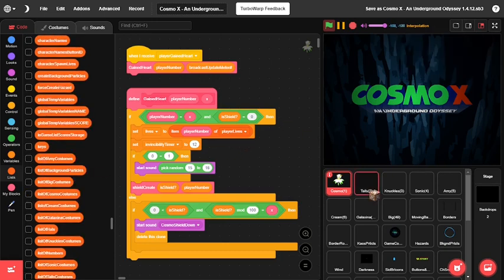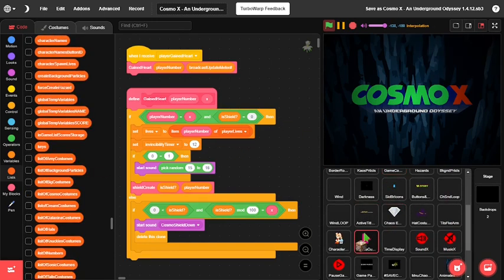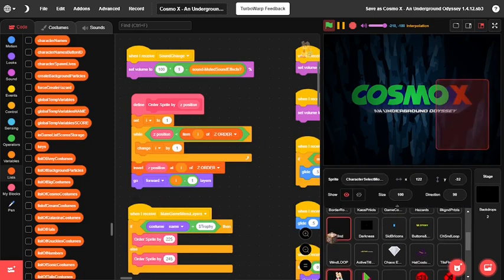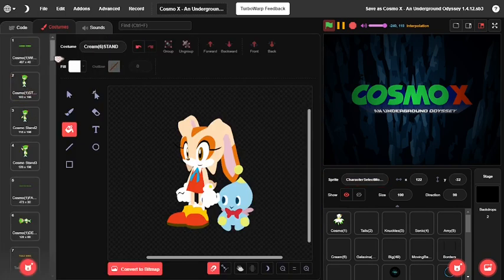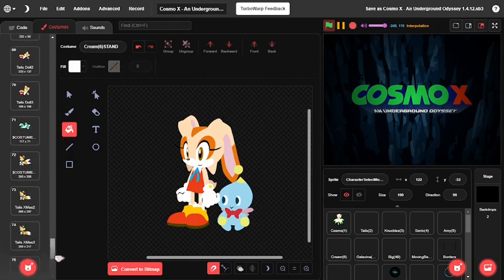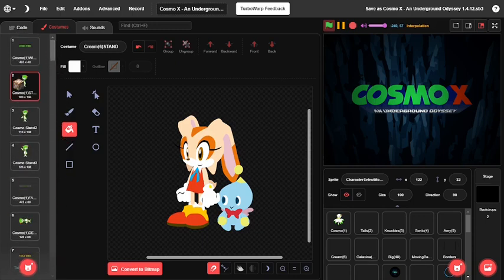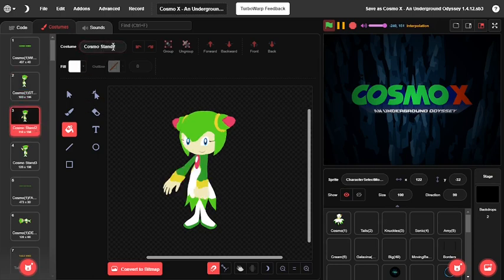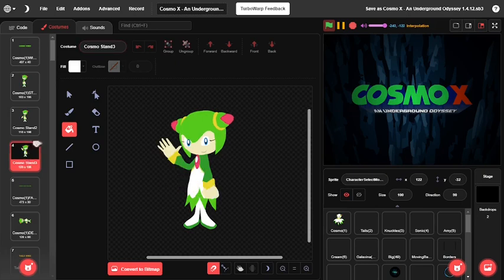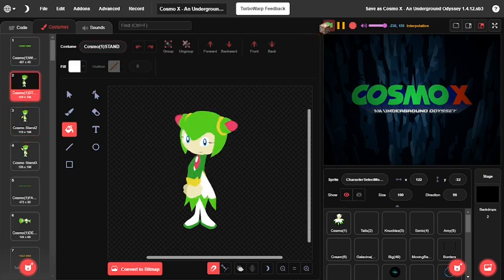So I'm going to then go here into the sprite, and we are going to go into what is known as character select model. So here there are a lot of costumes that you will need to include. If you notice here, there's quite a big list. For example, Cosmo 1, stand. And then here, the naming doesn't really matter, because if we go here into the game, I will show you in a second. So when we start this game,